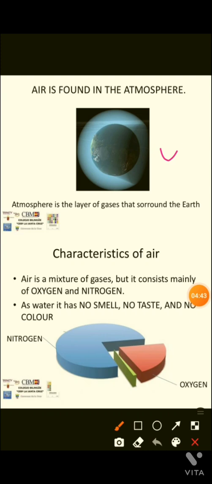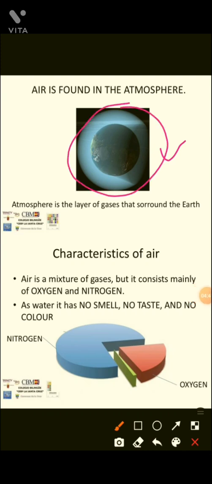Next, atmosphere is the layer of gases that surrounds the earth. It's a layer of gases, which means in the diagram you can see a blanket-like structure, that is the structure of the atmosphere. In this our air is present. Next, characteristics of air. Air is a mixture of gases but it consists mainly of oxygen and nitrogen,